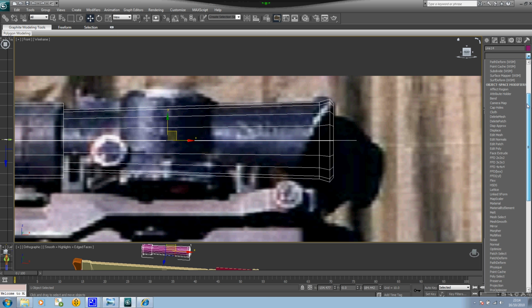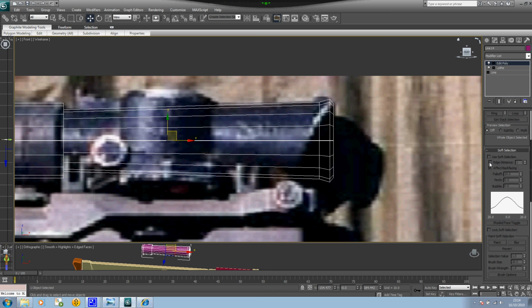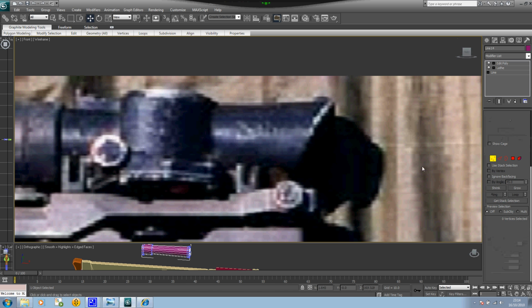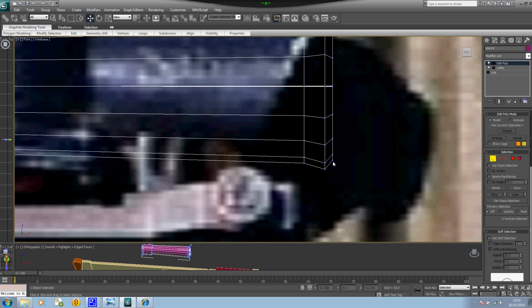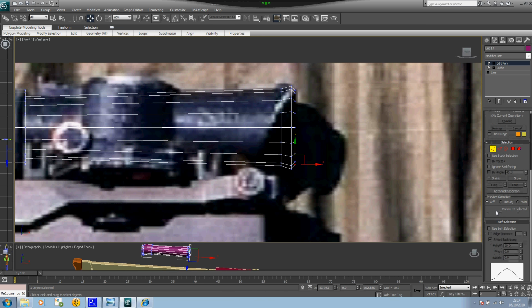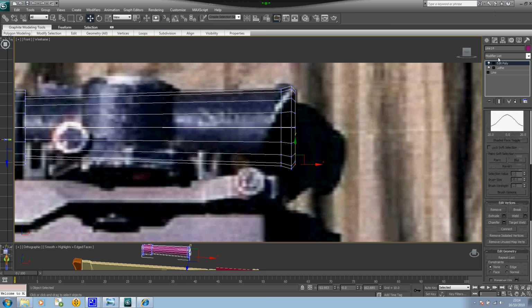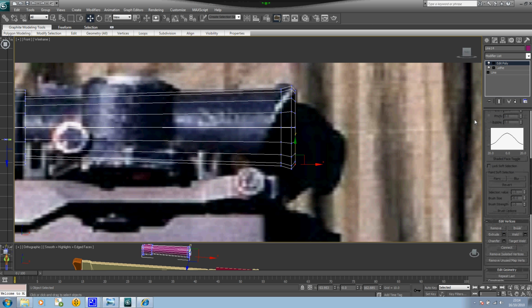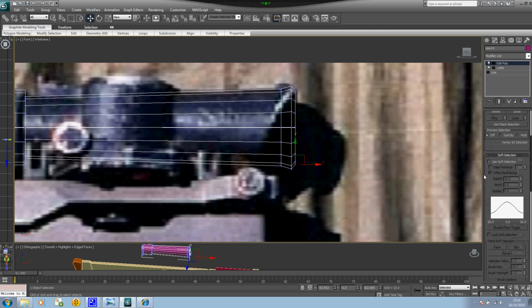So I'm just going to do the chamfer now by modifying the poly. So just select again the edit poly, and I'm just going to select one vertex here that I'm going to use as a reference. And if you have a look here on this tab, you have several options, and most of them we haven't used. And one of the cool ones is to use the soft selection. What is the soft selection? It's kind of